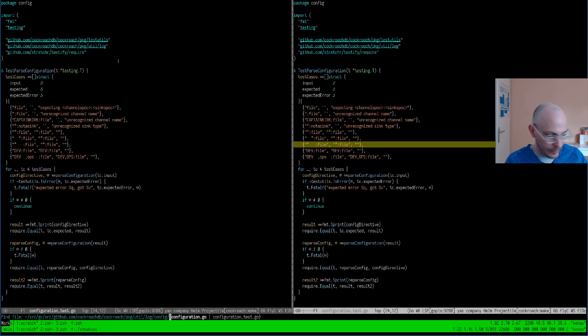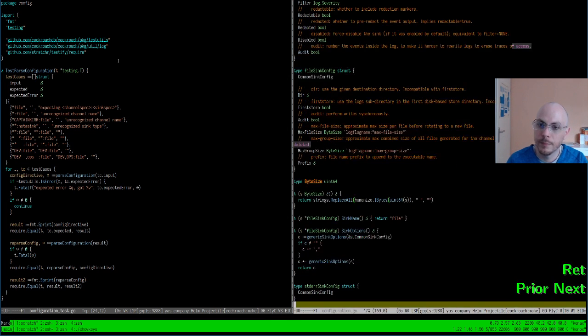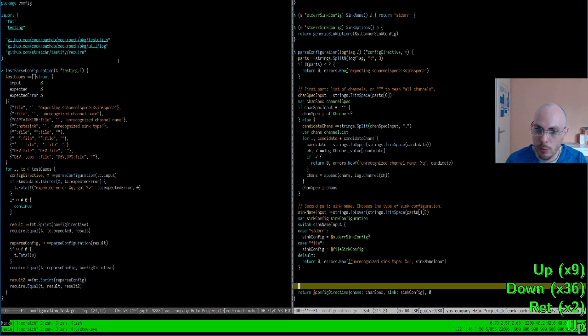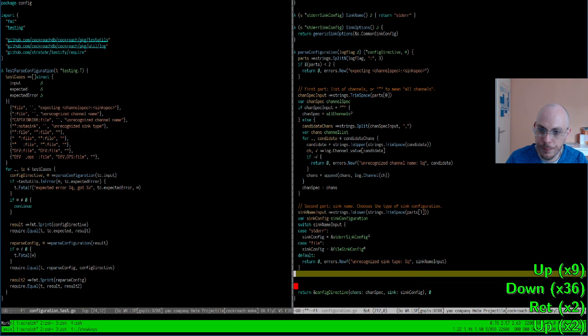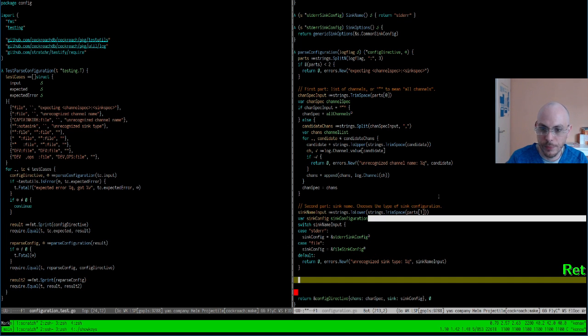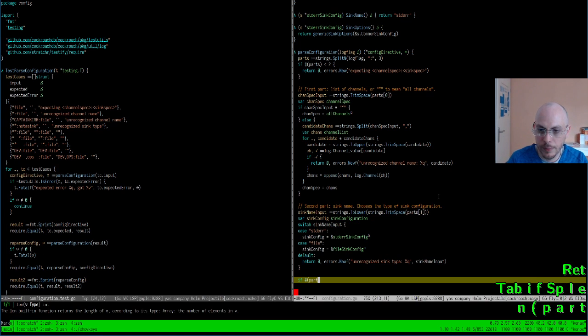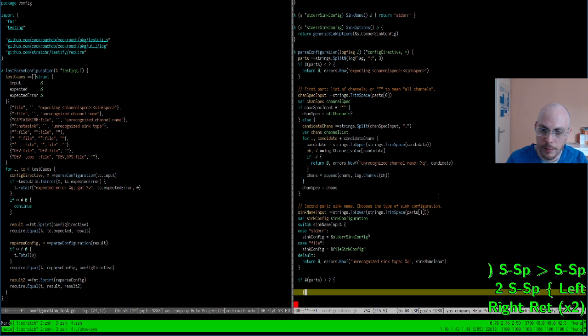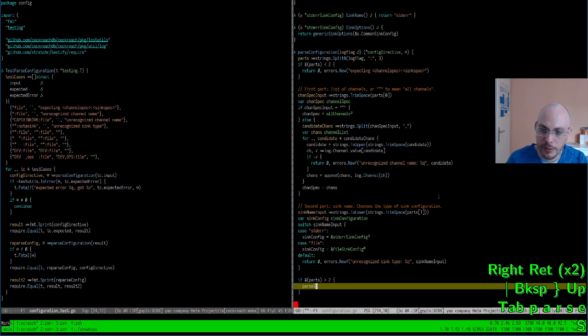Let's see. We have our sync config here, and we need to assign the values in the last part. Then parse sync config.